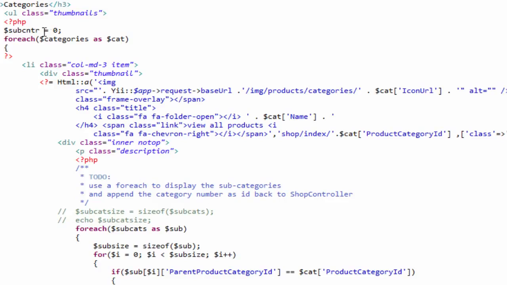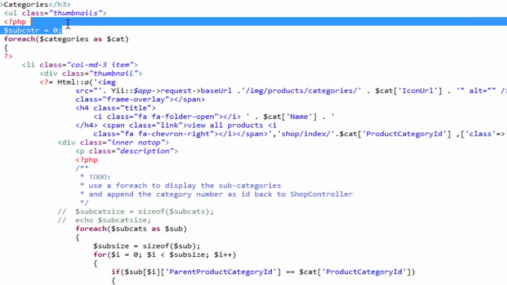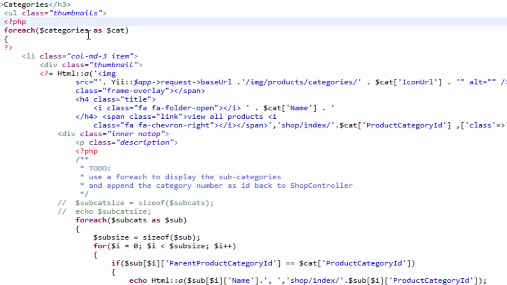Pardon me. We start a foreach. We don't need that line, so we're going to take that line out. So our foreach starts here, and we have some information here that we're going to pass into it. So for each category as cat, we're going to